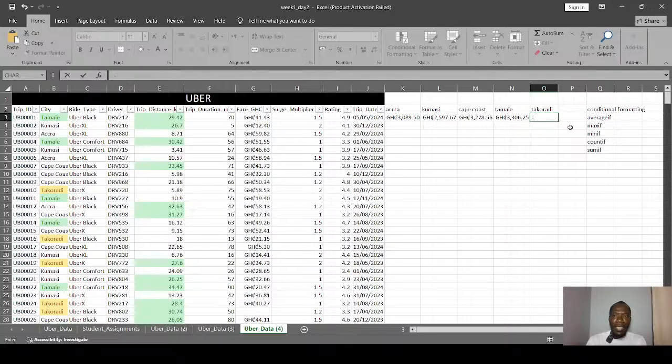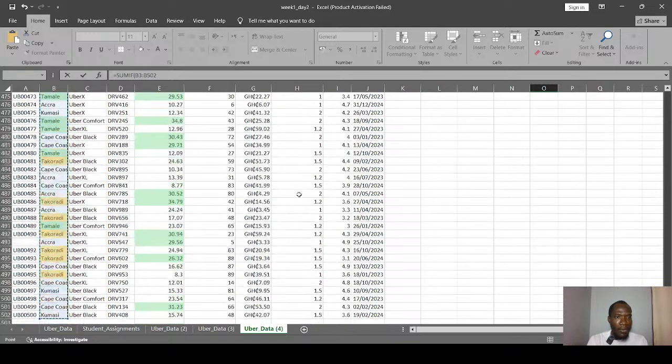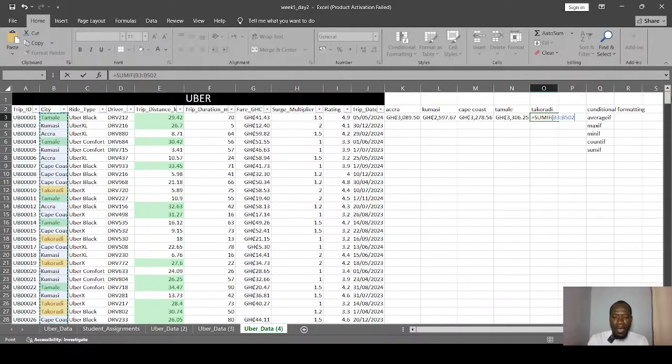So let's look at Takoradi and see if Takoradi will overtake everybody. Okay, SUMIF, double click on SUMIF, and then our range is B3 down, Control Shift down arrow to the last cell. We bring our comma. This time our criteria is Takoradi. Very good.